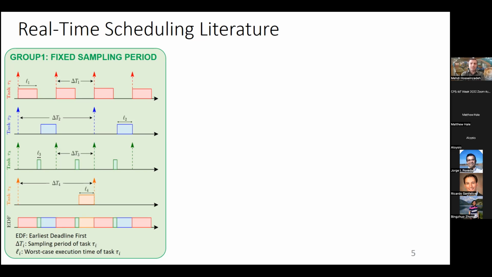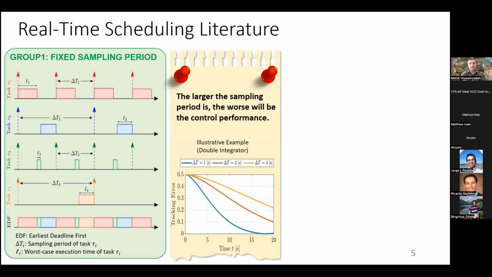But since optimization-based control tasks have a large execution time, the resulting sampling period will be large. But unfortunately, the larger the sampling period is, the worse the control performance will be. Here you can see an illustrative example carried out on a double integrator. As you can see, as we increase the sampling period, the control performance, which is the tracking error, becomes larger